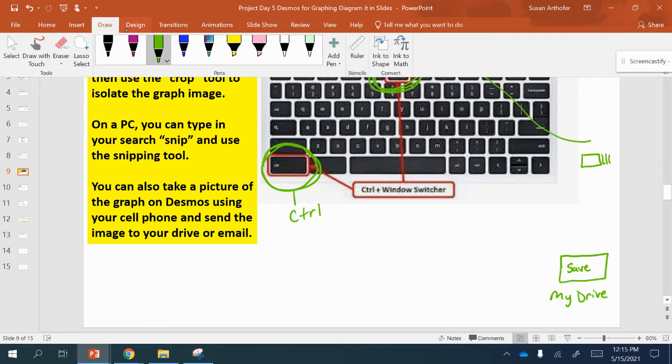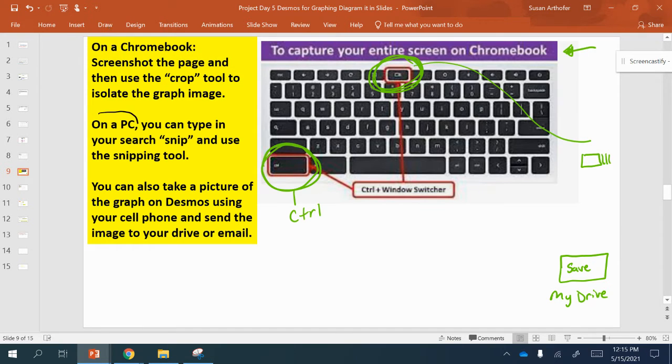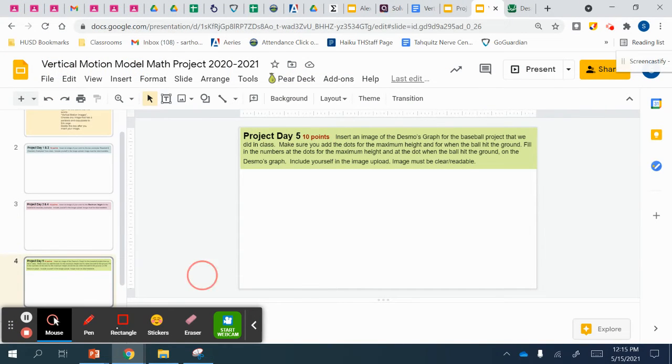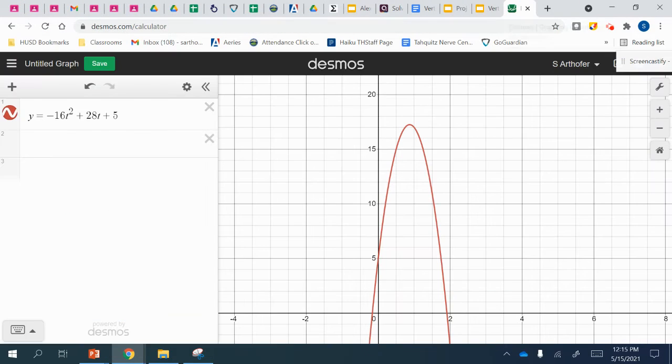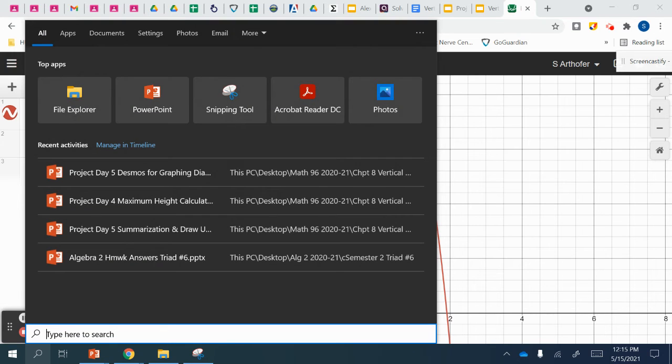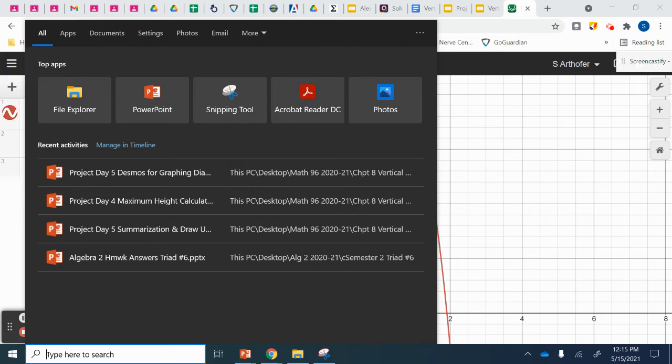Now, if you're on a PC, that means you have Windows, right? You can type down here in the search bar. Let me show you. Where's the search bar? Hold on just a minute. I need to get rid of this. Trying to get my search bar to come up. Here it is. If you type in the search bar at the bottom of your PC,